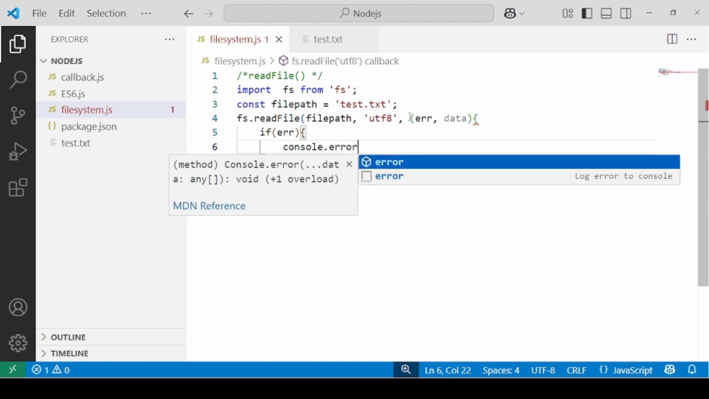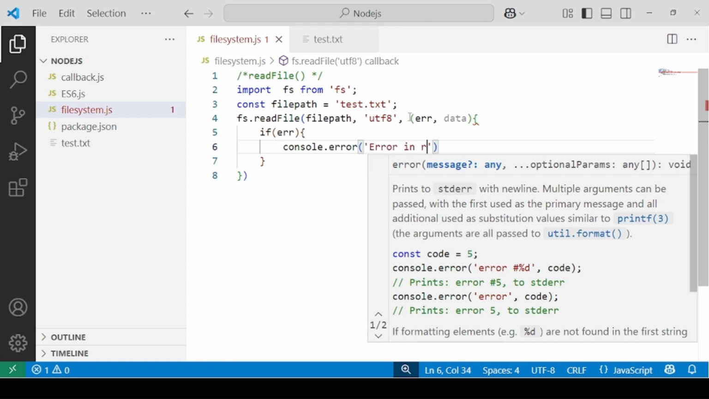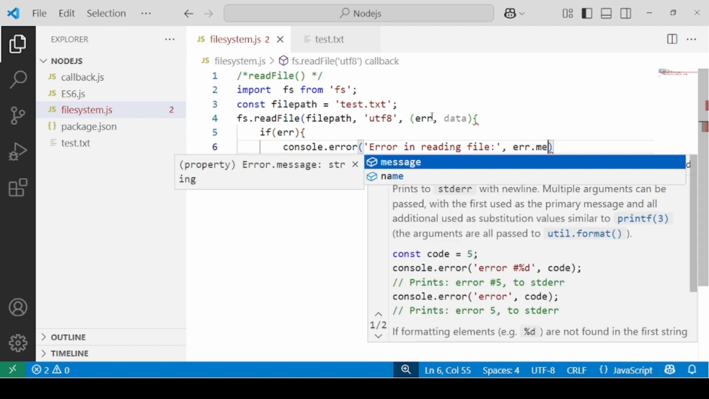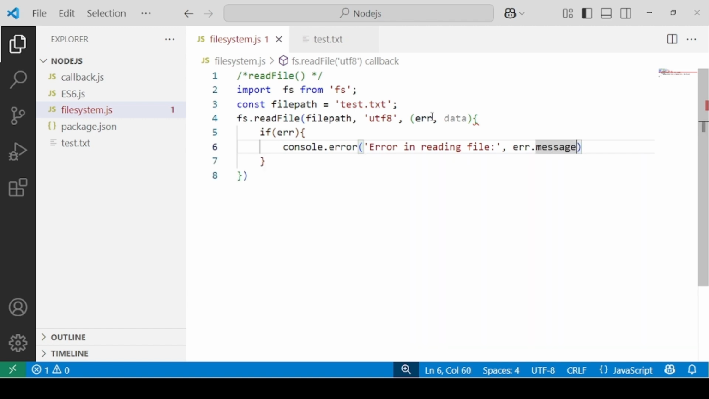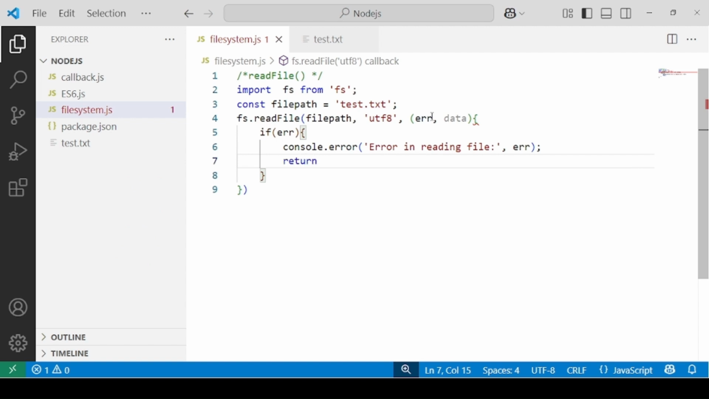console.error, error in reading the file. And you can also specify that error. So let's say it's error.message. For now, let me just specify only error. And then return. So this will work in case if there was error, it has to return, or else